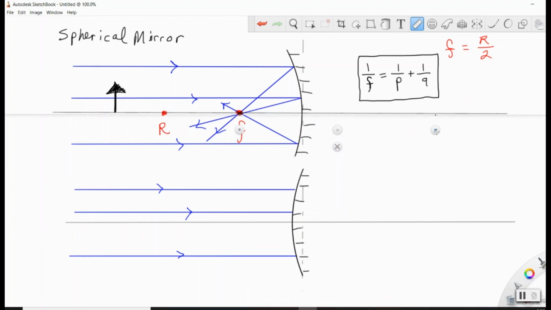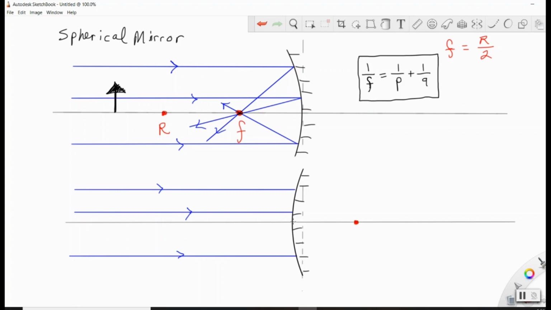Unlike the lenses, mirrors only have a focal point on one side. And so in this case, the focal point is where the rays actually go. And in this case, the focal point is actually where the rays appear to go. So we would place the focal point, same distance, only,